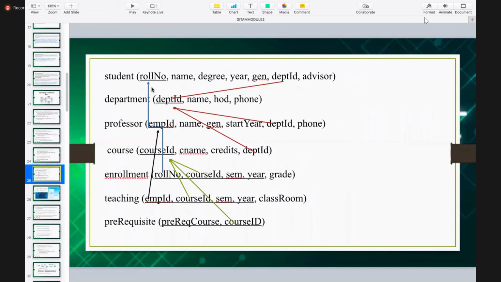And here the representation tells that for each and every table, whatever underlined is what? Underline means what? Primary key. Primary key, right? And this arrow indicates what? Department ID. Foreign key. Foreign key, right? Foreign key primary key relation provided between student and department. Foreign key primary key relation provided between department and professor, and also department and course.